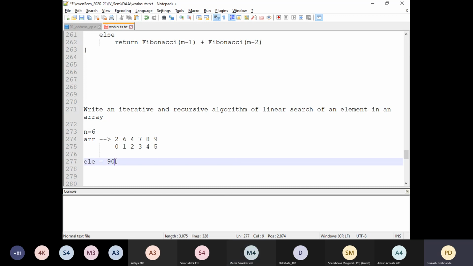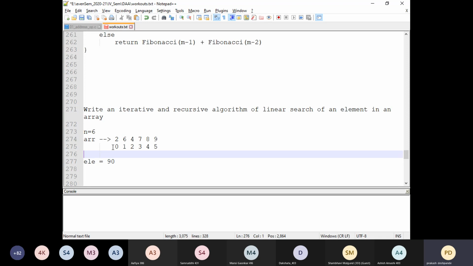Now one thing we need to notice is that in the linear search, most of the time we start searching the element from the first position, that is the 0th index position, up to the last index position. We can also search from the last element to the first element, that is the 0th index element. In the other direction also we can search.